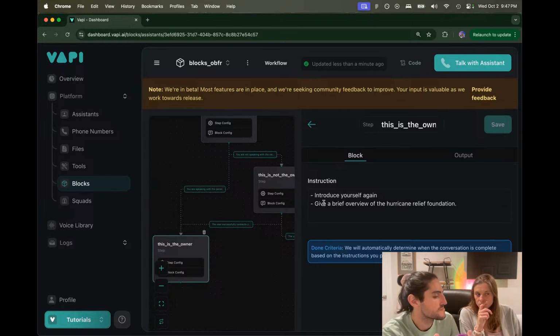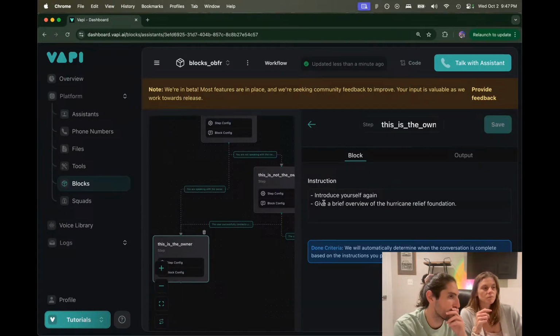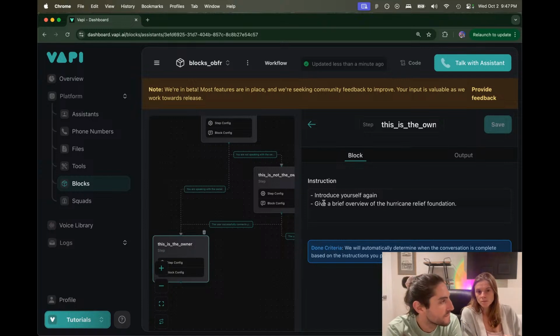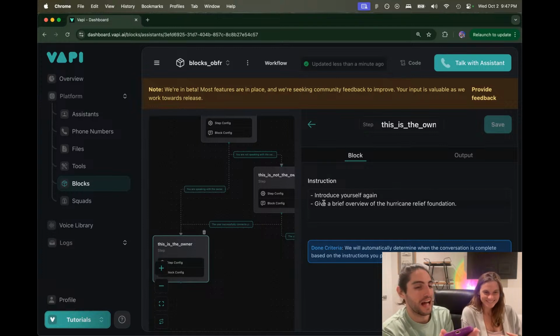Great. The Hurricane Relief Foundation focuses on providing immediate assistance and long-term support to communities affected by hurricanes. Our initiatives include distributing essential supplies, coordinating volunteer efforts, and rebuilding projects to enhance community resilience. We are reaching out to local businesses like yours to explore potential partnerships, donations, or collaborative events that can help amplify our impact. Your involvement could play a crucial role in supporting families and communities in need. Would you be interested in discussing some specific ways your business could participate? What I'm curious about, Love, is